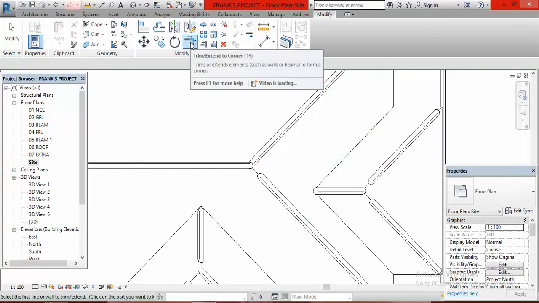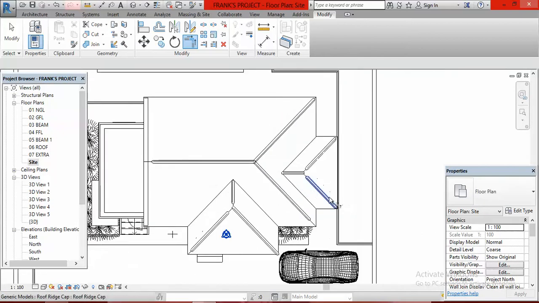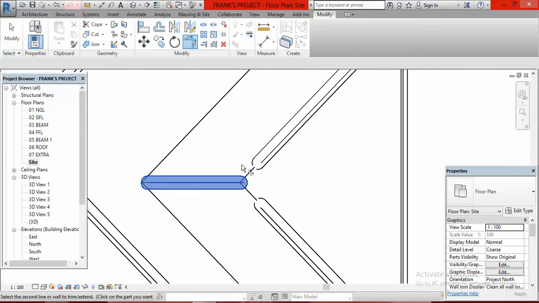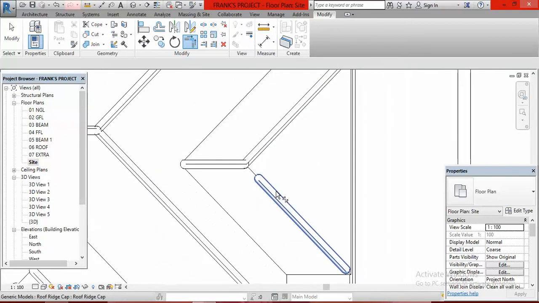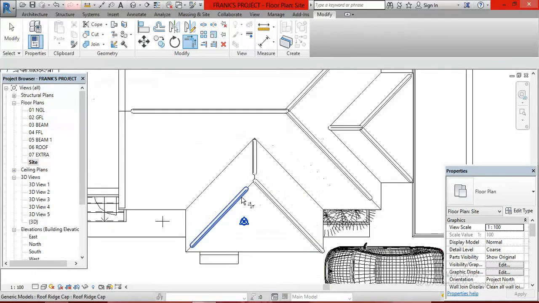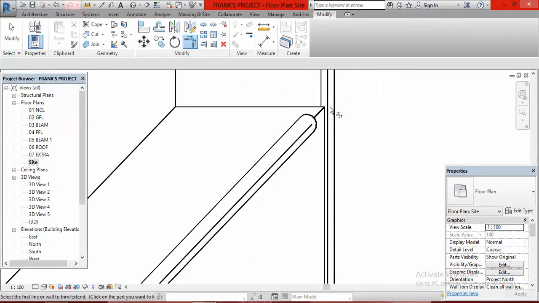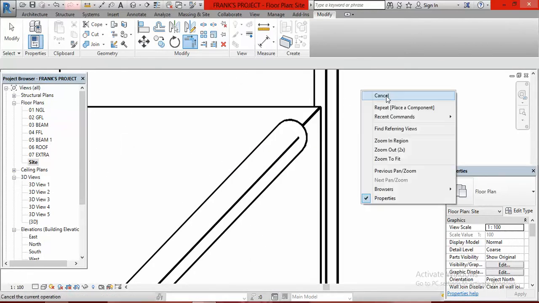I go back there again, click on the tool, click on this one, and click on this one. That one is settled. I click on this and click on this. I click on this and click on this. Click on this and this. Everything is settled. So those ones that are not starting from the beginning,